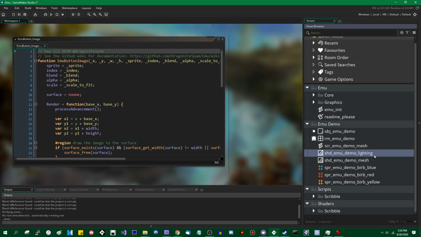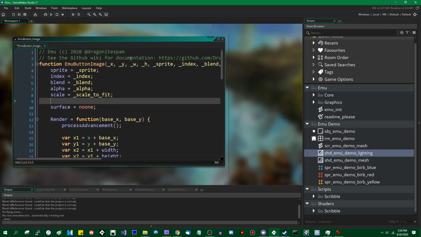For example, if you have hard-coded an object index into your game somewhere, for example, saying something like instance_create_depth at a x, a y, and a z, and instead of saying like obj whatever, using the resource name, some people would instead go straight to the assets index and say like instance_create_depth at the position, whatever